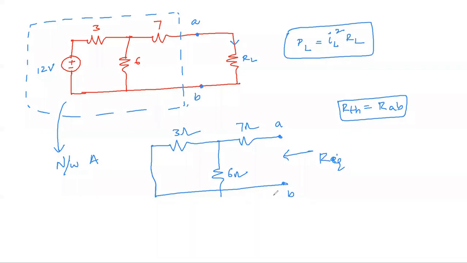Tell me. 9, sir. So R equivalent is equal to 9. That is RThevenin. So Thevenin resistance, you got it? Yes or no? Thevenin resistance you got. Now try to find what is Thevenin voltage across the same two terminals. Across the same two terminals, we have to find voltage. Try to find.